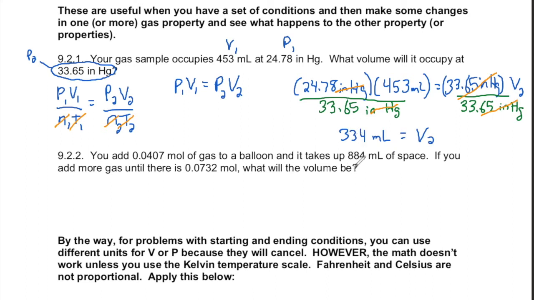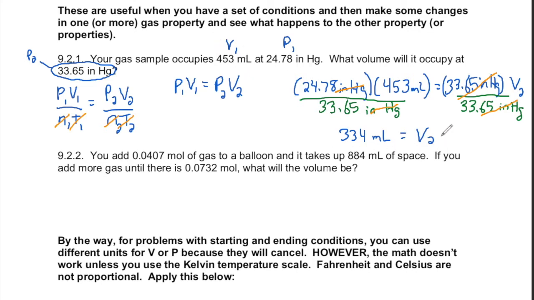One thing I always forget to do ahead of time, which is sometimes helpful for students, is to make a prediction. So if you look at this problem, you have a certain volume at 24.78 inches of mercury of pressure, we're increasing the pressure. So intuitively we can expect that when we squeeze down on something and increase the pressure, the volume is probably going to get smaller. So if you wanted to, you can make a prediction that the volume should be smaller,